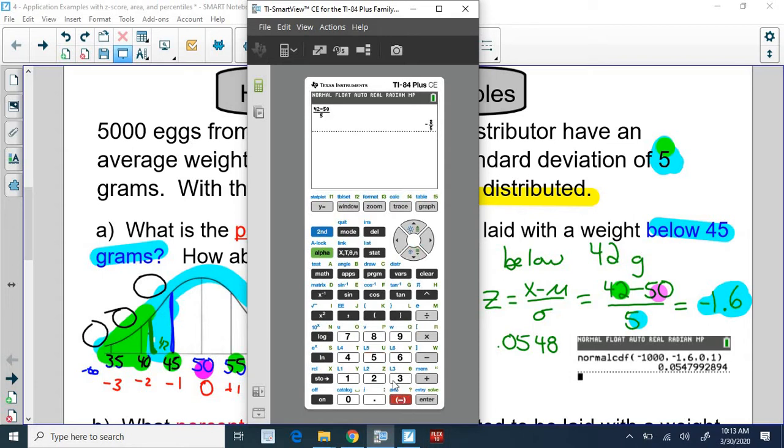So if you want to find the decimal, you just do -8 divided by 5 and hit enter, and it tells you it's -1.6. Since I'm trying to find average weights below this, I'm going to go to second distribution number 2, and then I'm going to type that in as -1,000, again for negative infinity, to -1.6. Alright, so -1.6 is going to be smaller, and you can see now that I get the value of